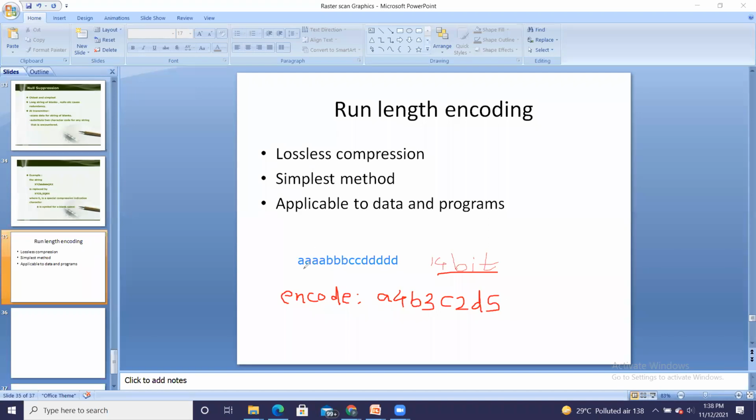So the encoding of this string, that is run length, according to the length of this string, I am encoding it. So encoding is done like this: A 4 times, B 3 times, C 2 times, and D 5 times. Now how many bits are required to store this string? Only 8 bits.